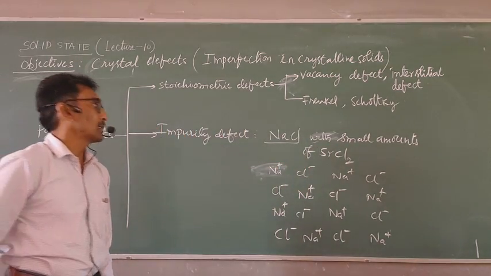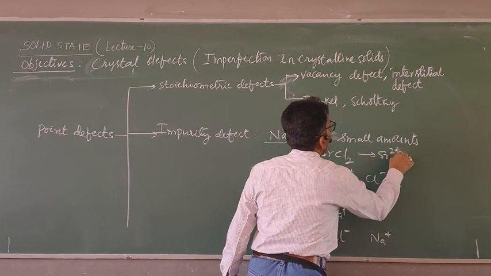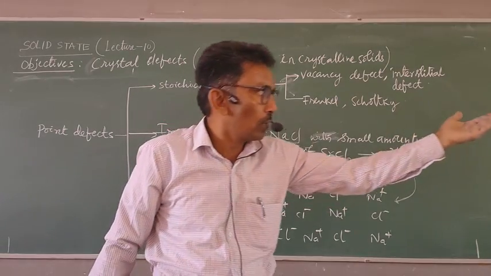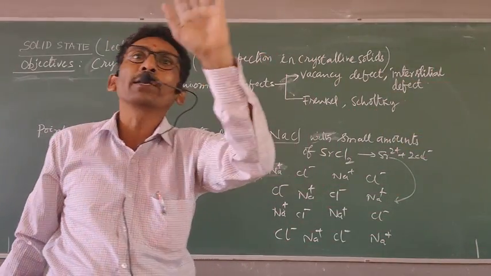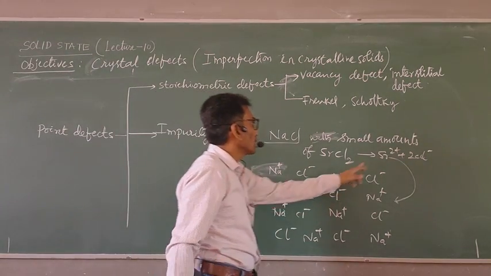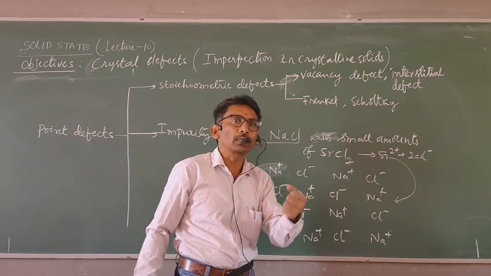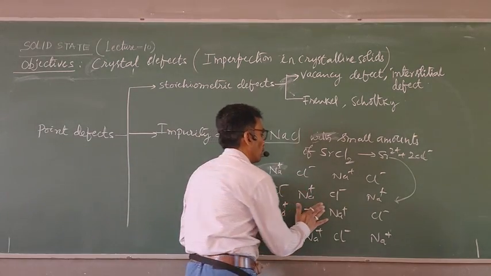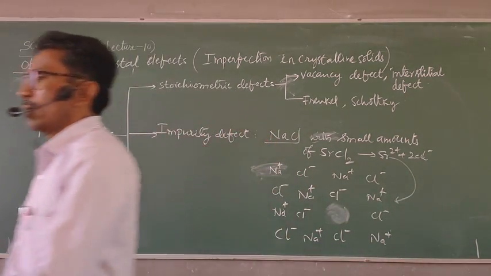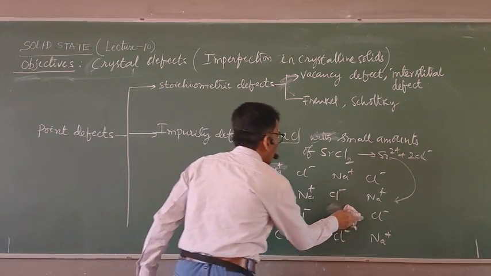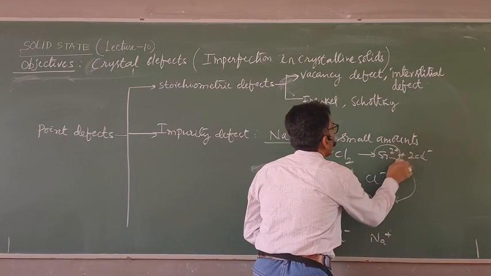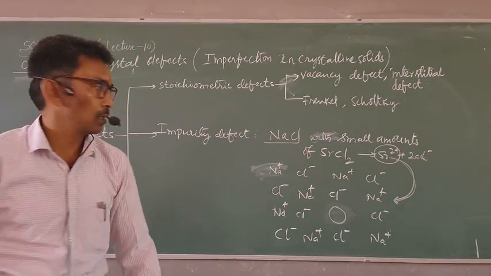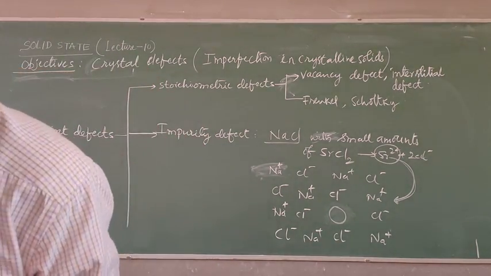SrCl2 divides into Sr2 plus and Cl minus ions. Here Sr2 plus ions want to come into the crystal, just like one student who is newly joined and wants to join the current running class. So when Sr2 plus wants to come in, automatically one ion should be dislocated. Which one? Either Cl minus or Na plus. Here Na plus is removed. Na plus is completely escaped. In order to accommodate Sr2 plus ions, one Na plus is missed. Then Sr2 plus is introduced here,